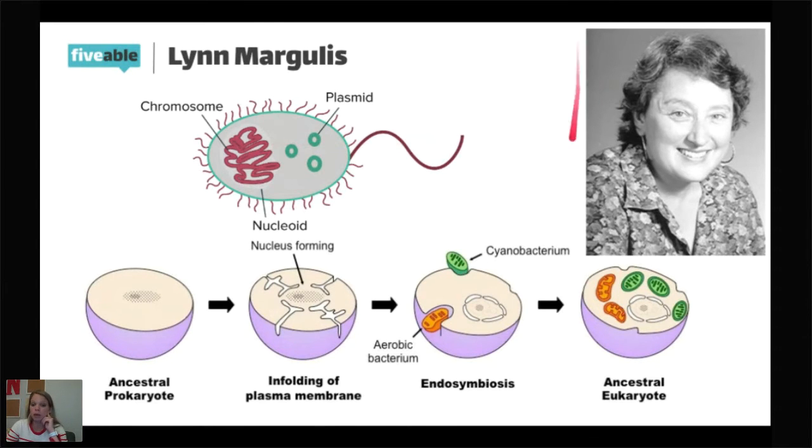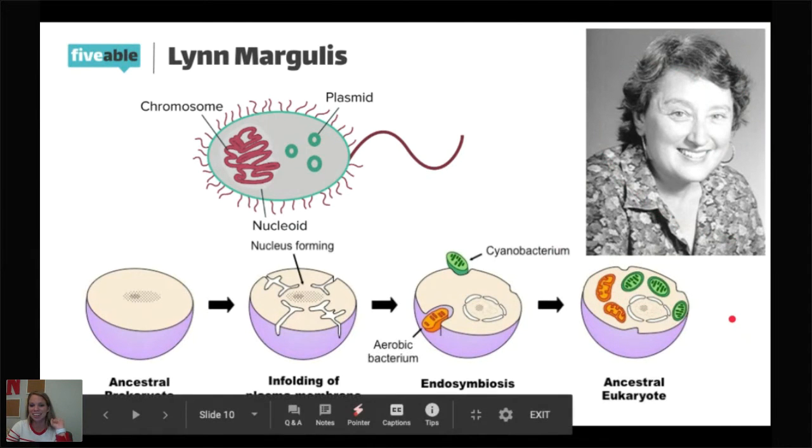So I bring up Lynn Margulis because I always try to highlight famous scientists, especially when we run across female scientists, because I feel like we should always acknowledge them. Lynn Margulis is the scientist who is known for the theory of endosymbiosis. It's huge, and the more you study it, the more you'll see it, but she's the one who came up with it. So I always try to put her picture here and say, hi Lynn, how are you? But what she found was we had these old prokaryotes, and they started to form these nuclei. They started to get extra membranes for whatever reason, whatever mutation.